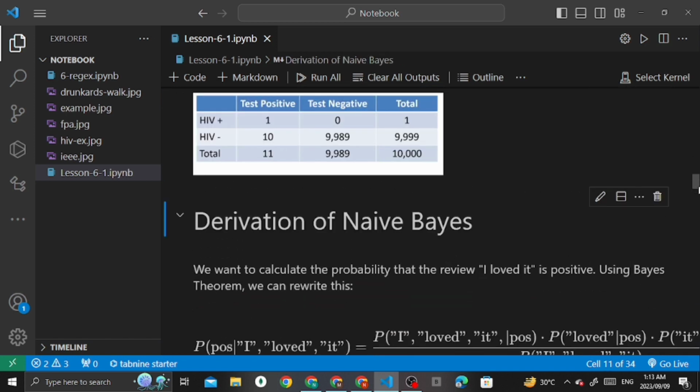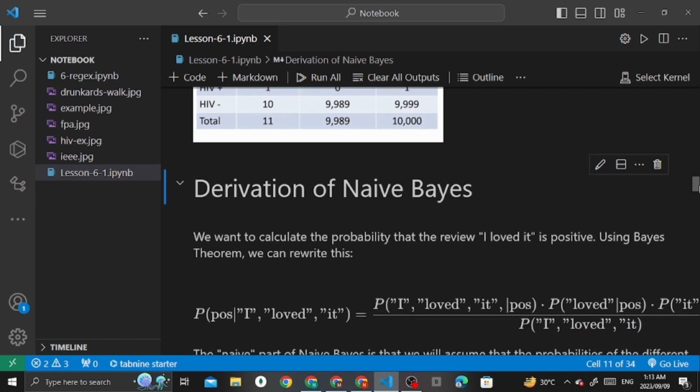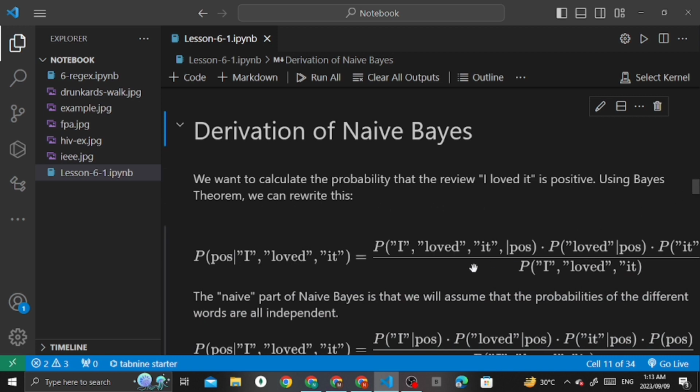So then we have the derivation of naive Bayes. We are using it on our movie review. So the review is, let me just scroll down, okay, the review is "I loved it." And we want to know the probability of it being a positive review.